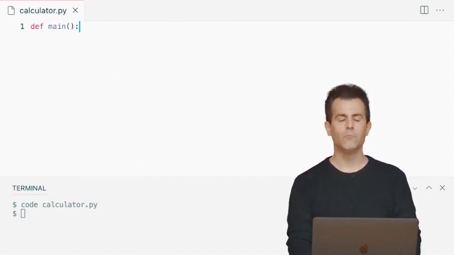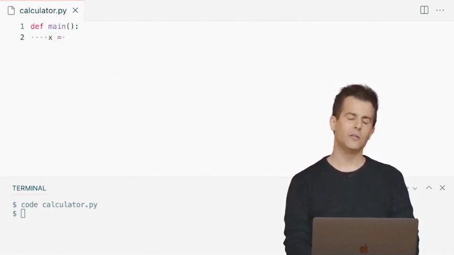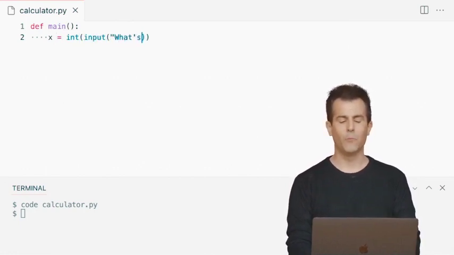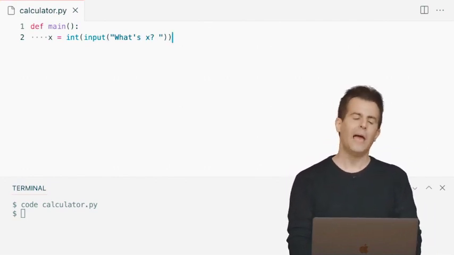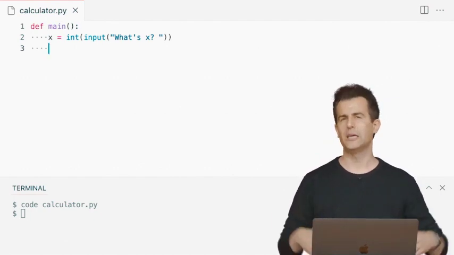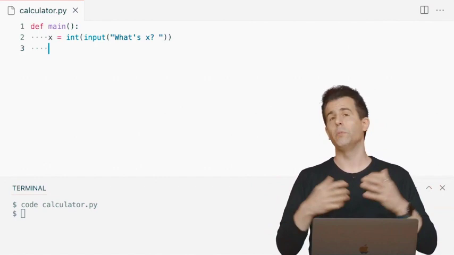Define a function called main, which is now going to be the main part of my program. Let's go ahead and now declare a variable called x and assign it to the converted version of the user's input after asking them what's x. So again, a line of code quite like we've done before. And suppose now that what I want to do is square this value. I want to take the number that the user's typed in and raise it to the power of 2. So 2 squared would be 4.